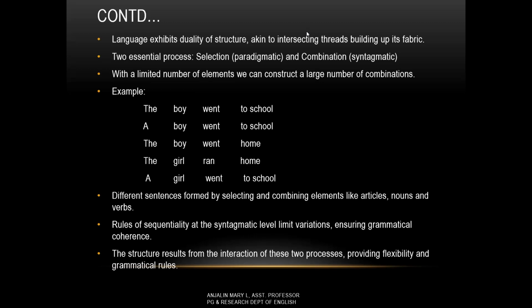So I have given an example again. So in the example that has been given below, we see both selection and combination. Selection is paradigmatic and combination is syntagmatic. So both these processes enable us to construct different sentences. So the boy went to school, a boy went to school, the boy went home, the girl ran home, a girl went to school. Okay, so other variations are also possible depending on what elements are chosen from each category